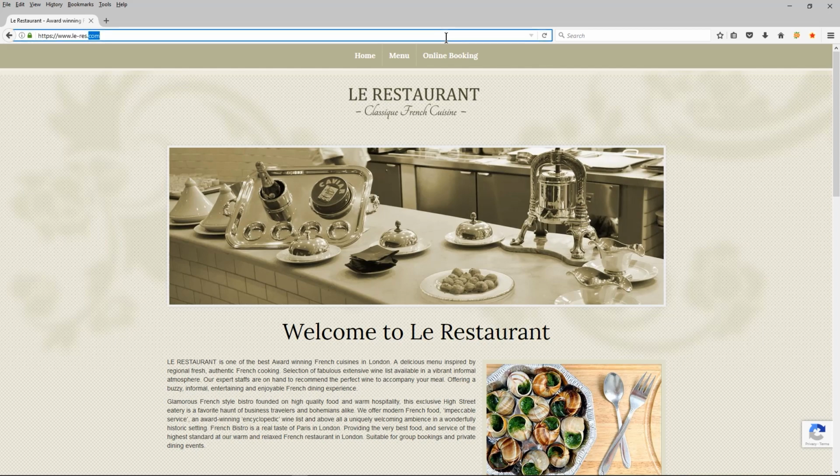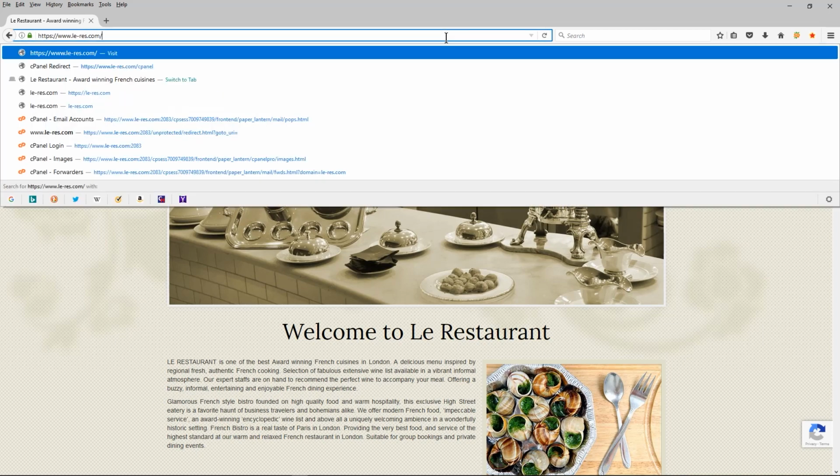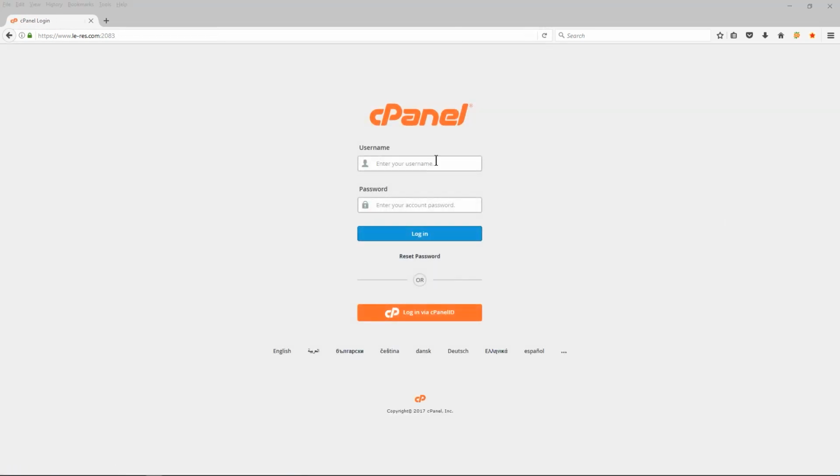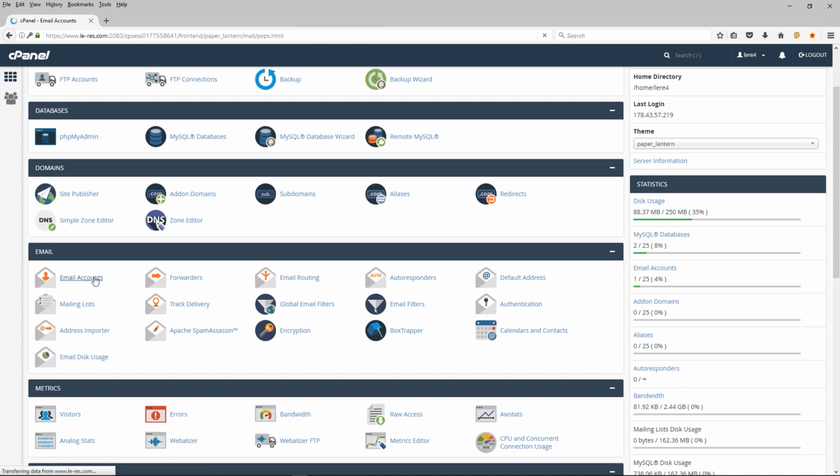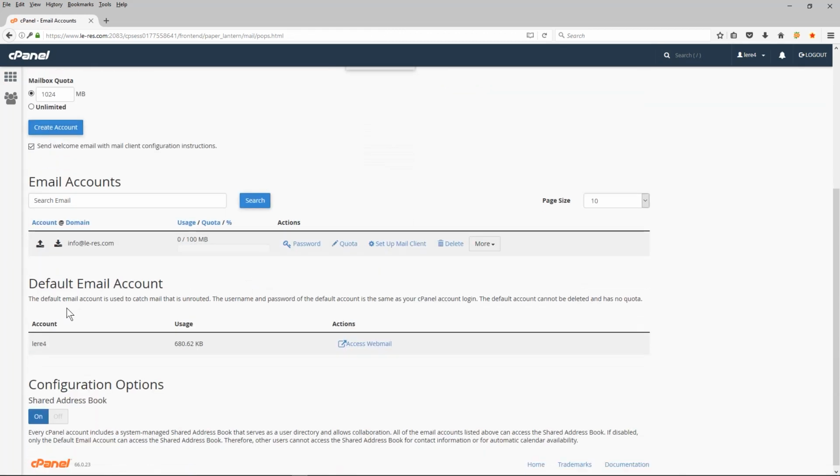So to explain this a bit better, we'll log into cPanel and we can check what's going on in cPanel. So when we log into cPanel, we can scroll down here, we can check email accounts here. And when we click on email accounts, we can see there's one email account running. So any emails that go to info@lerez.com, we want to send those emails or forward them, a copy, to a